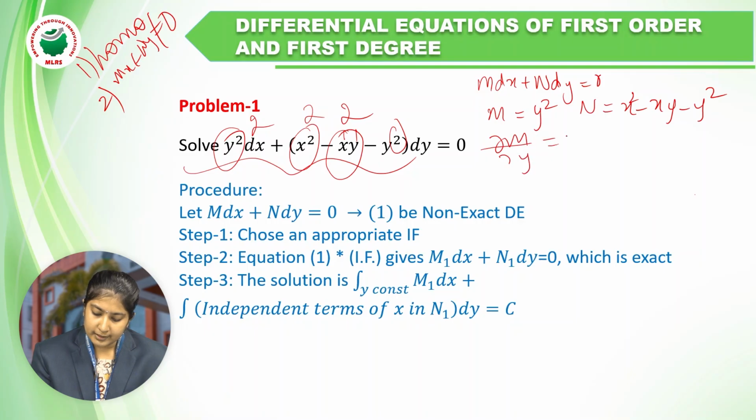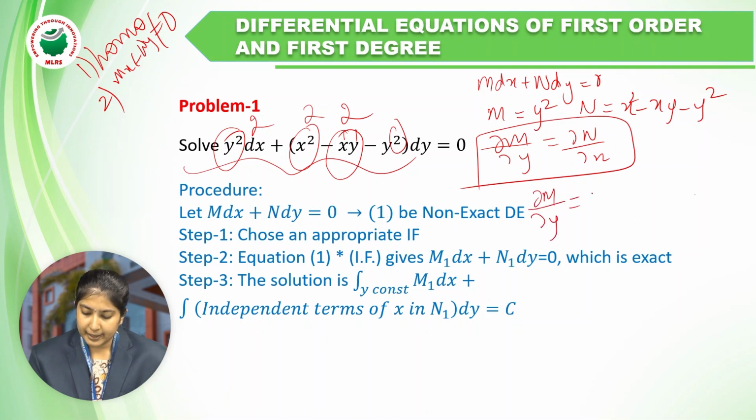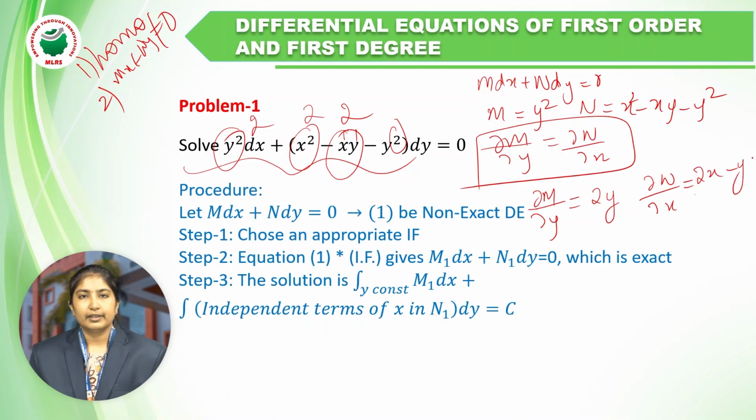Dou M by dou y is equal to dou N by dou x is the exactness condition. Let us check whether it is satisfied. So what is dou M by dou y? We are getting 2y. Dou N by dou x, how much are we getting, ma'am? 2x minus y. Y square differentiation is 0 because in partial differentiation with respect to x, y will